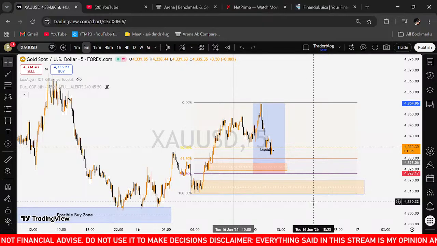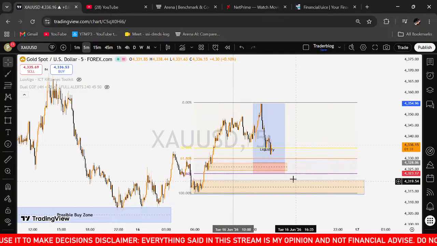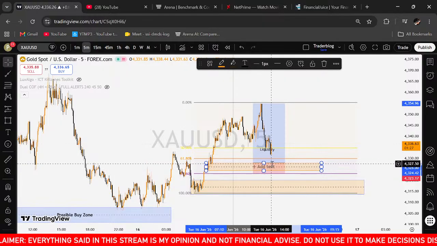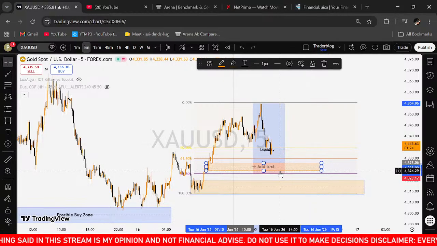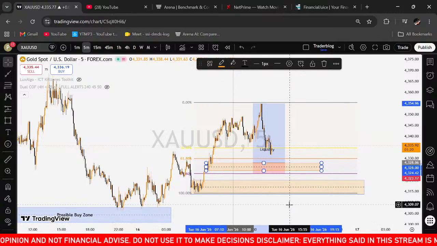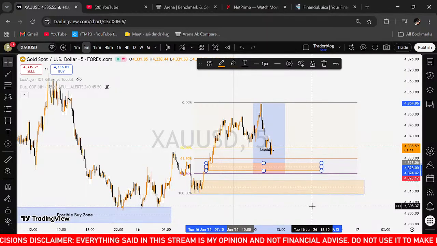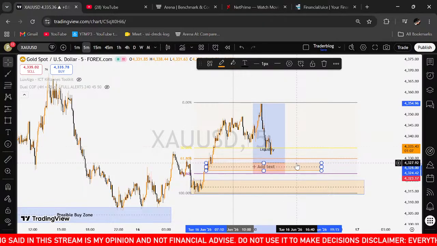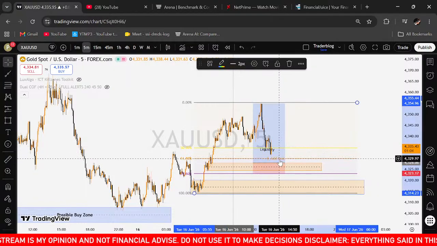And just wait for these zones and see how price reacts over here. Most of you can wait for confirmations, like candlestick confirmations. So look out for reversal patterns, candlestick patterns like the bullish engulfing, the hammer, and then the rest. And then look for them over here on the lower time frames around this zone. When price gets into this zone, then you just